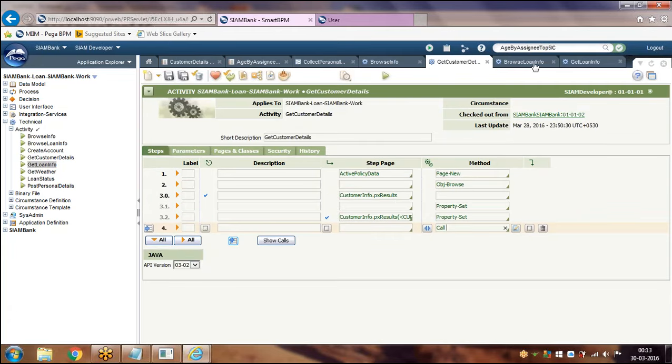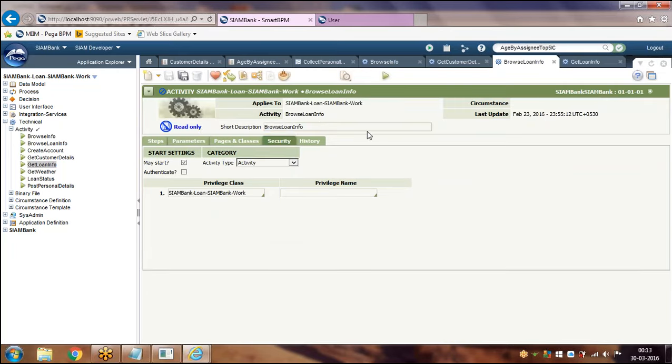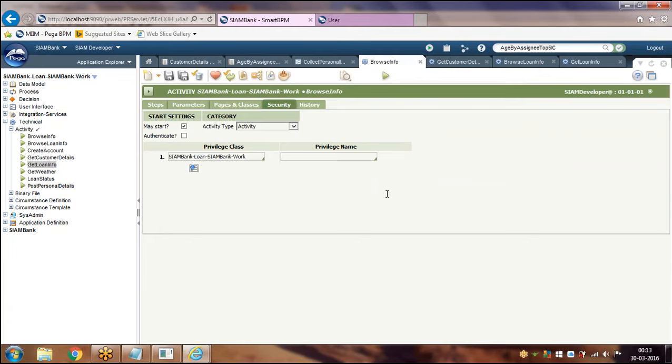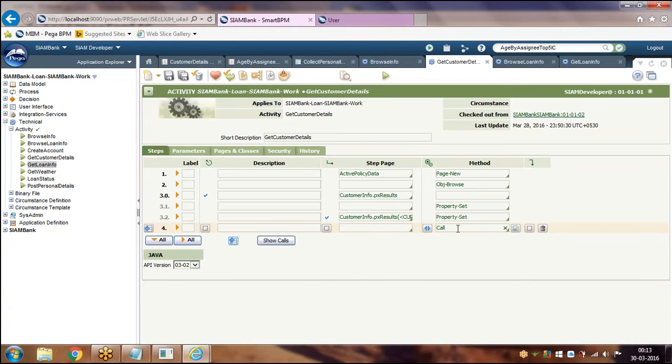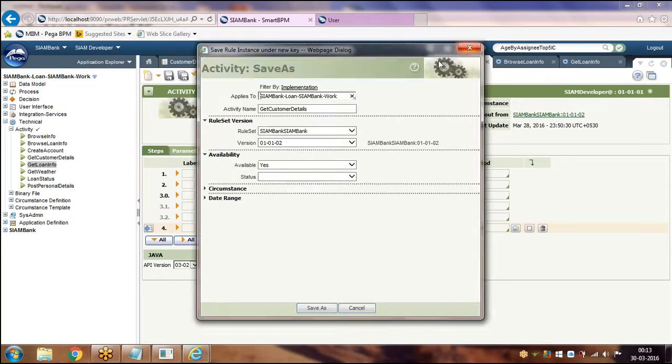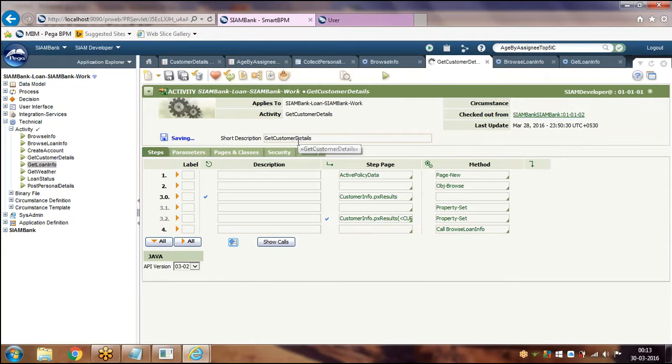So from this activity you can call this activity as well, because these two are of the same class. Just click on save. I'm just calling this activity from the get customer details activity. I'm calling the browse loan info activity.